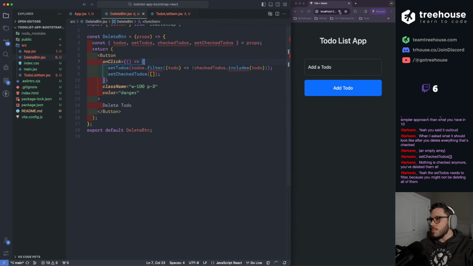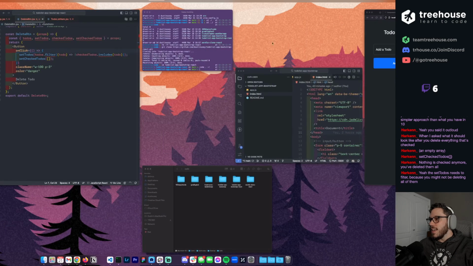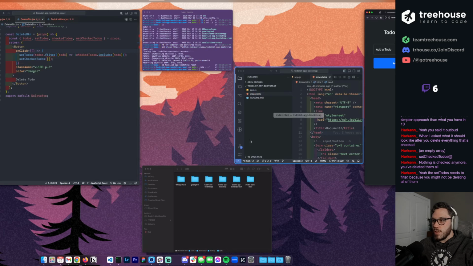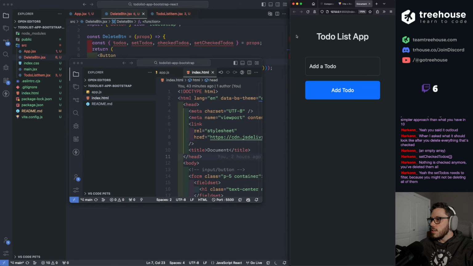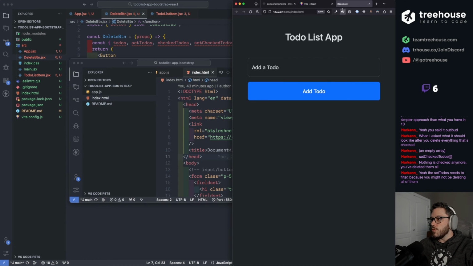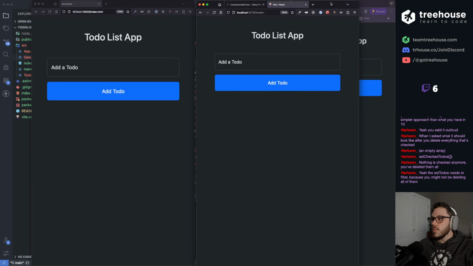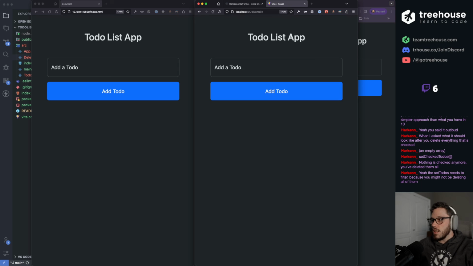Cool. So let me open these up side by side and see how different they are. Let me open up the vanilla JavaScript one. I think these should be one for one. I think we did good. Let's make them the same height. So 170, 170.